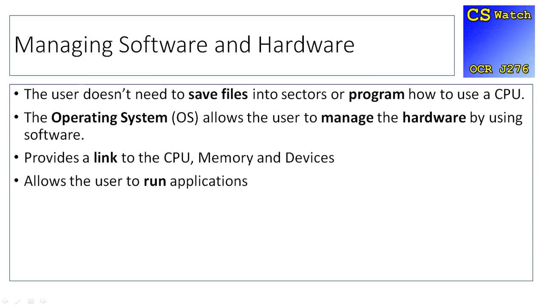The operating system allows the users to manage the hardware by using software, being able to allow the user to interact with the hardware by using software. The user doesn't tell it how to use a graphics card or a sound card or a processor. The operating system knows that and does that for the user. The operating system provides a link between the CPU and memory in different devices. It allows the user to run applications. All these things the operating system does because the average typical computer user doesn't know how to code a piece of hardware to be able to do particular things. The operating system takes all the complexities, hides it, and then lets the user do it in a nice, easy,